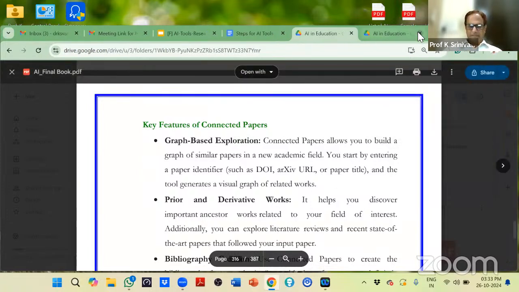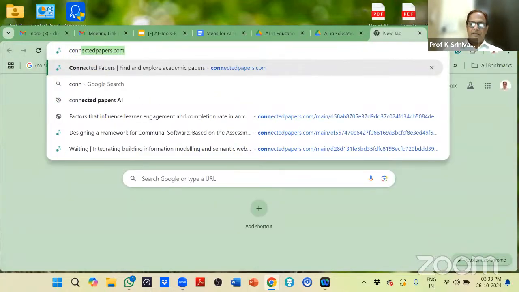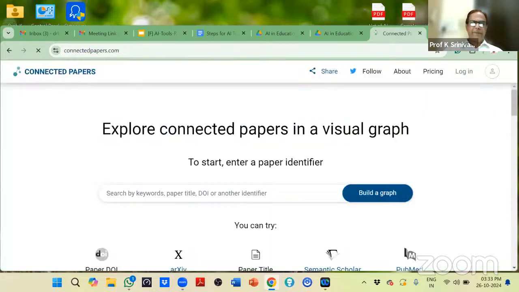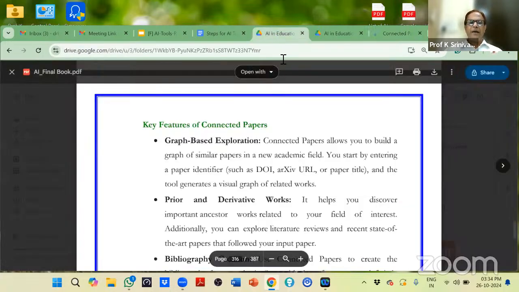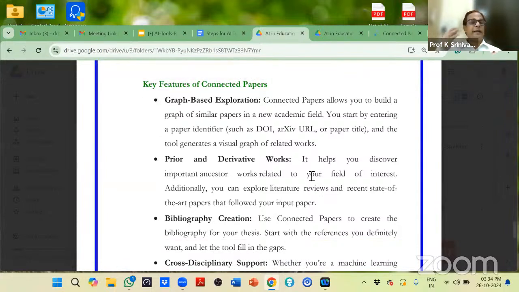तब तक मैं ये पेपर ओपन कर लेता हूँ। कनेक्टेड पेपर्स की वेबसाइट है। इस कनेक्टेड पेपर्स की वेबसाइट में अगेन यहाँ भी वही वाली बात है, जैसे मैंने पहले से ही लॉगिन कर रखा है, वही आपका जीमेल अकाउंट से इसको लॉगिन कर लीजिएगा। और करने के बाद यहाँ दो तीन इंटरेस्टिंग चीज आपके लिए काफी यूजफुल रहेगा, हम सबके लिए यूजफुल रहेगा। एक नंबर 1 ग्राफ बेस्ड एक्सप्लोरेशन है।